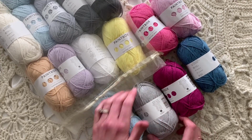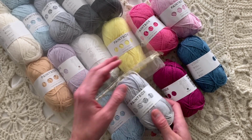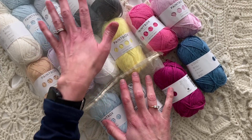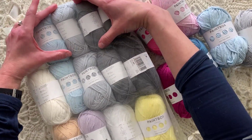Okay, so what happened was I wanted more colors and I wanted to try one of the cottons, and I didn't know the balls were going to be this tiny, but there's a pretty good amount of yards in here. There's 93 yards per little ball, and I actually bought, I think, 5 packs. So there was like this pack, this was one pack here, and I bought 2 of those